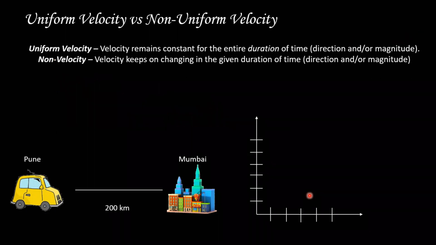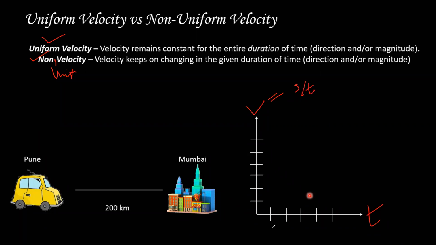So cool. So folks, we have this now, uniform velocity and non-uniform velocity. I'm going to show it to you on the graph. The graph is pretty similar to what it is for speed. So the graph is mostly for uniform speed. Let's say speed is over here, time is over here. Not speed, sorry, velocity is over here. I'm going to write V, velocity. Velocity is equal to displacement upon time. People, displacement upon time.